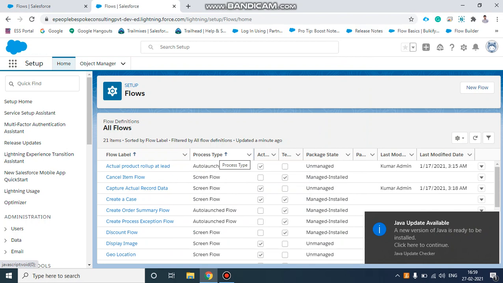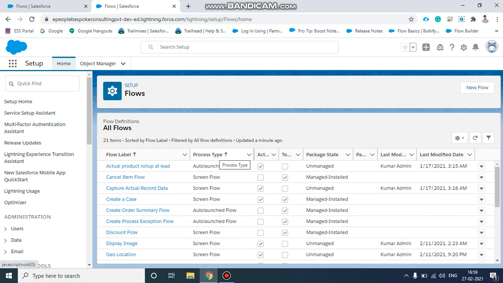After the file upload, I did a Get Records element on the ContentDocumentLink object, where the linked entity ID is matched with our record ID.